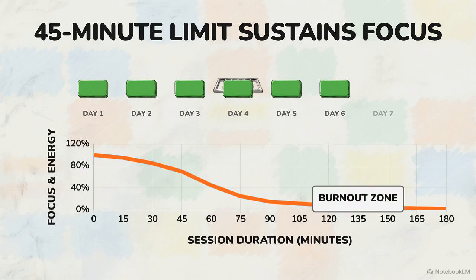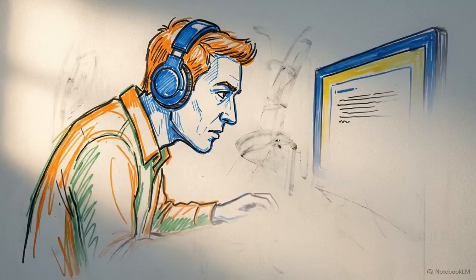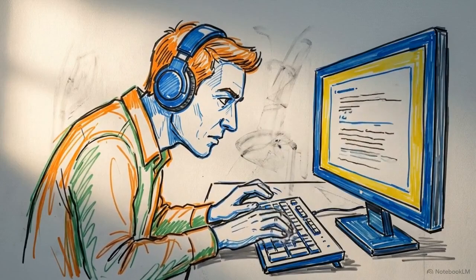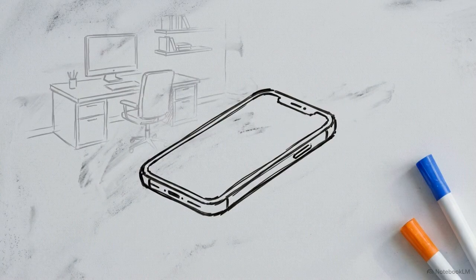To mitigate early burnout, enforce a strict constraint. Cap your immersion blocks at exactly 45 minutes. Once you hit that time limit, you must stop. During those 45 minutes, you must follow one absolute rule. The work must be deep and entirely free of distractions. Keep your phone in another room.